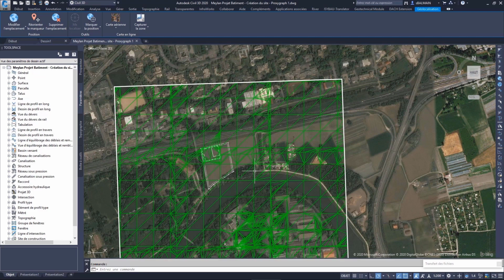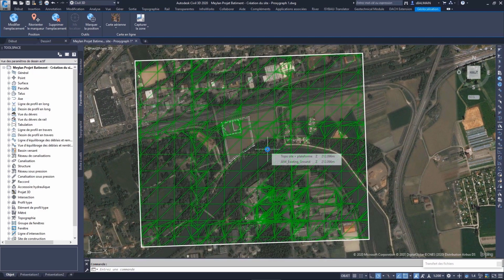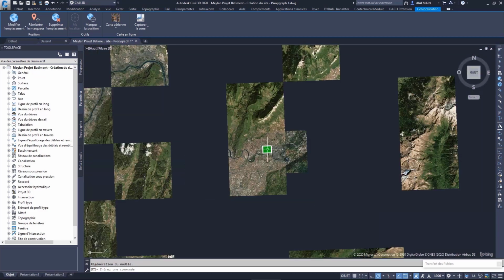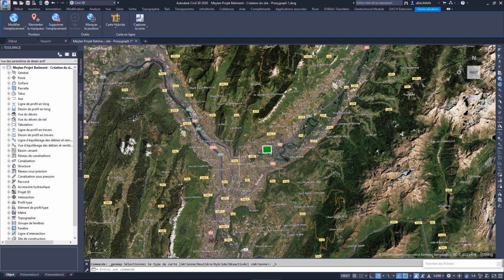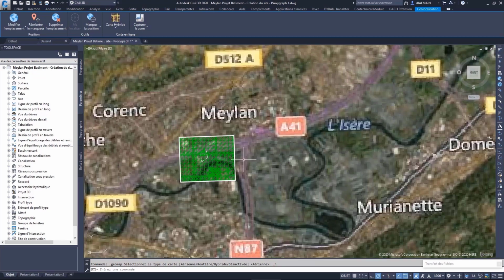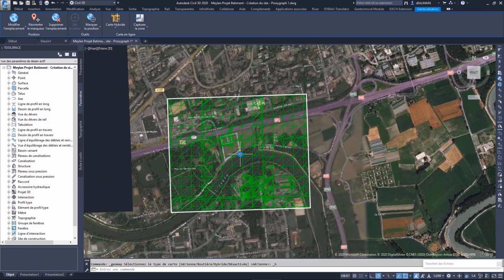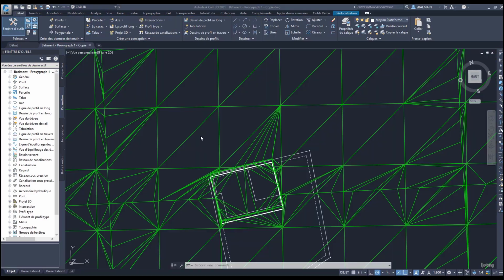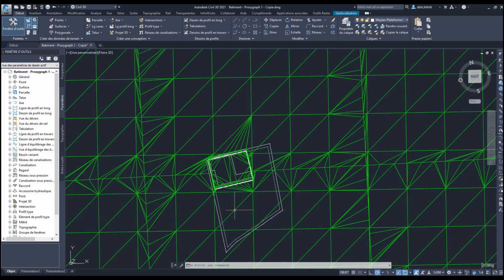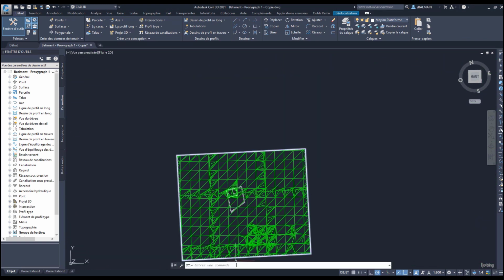So here you can see the Civil 3D file prepared by Vincent. It's important to look at everything and see if there is no frozen element, and of course verify that the georeferencing is okay. Here it is. You can activate polygraphics to 1 in value, which means that everything will be opened in Revit.